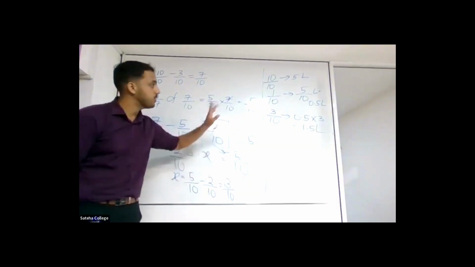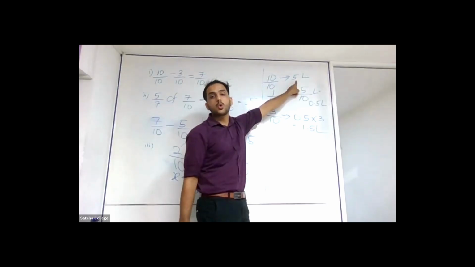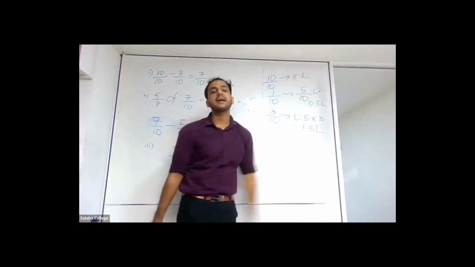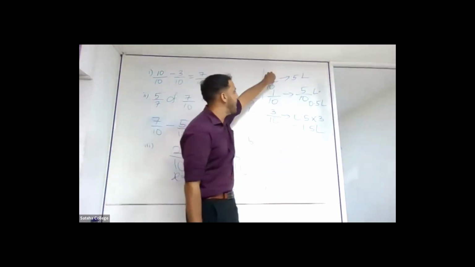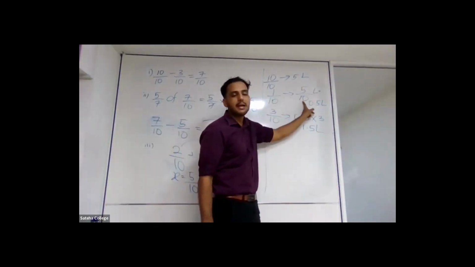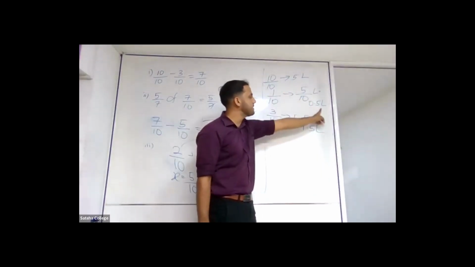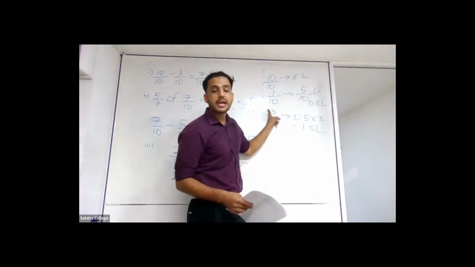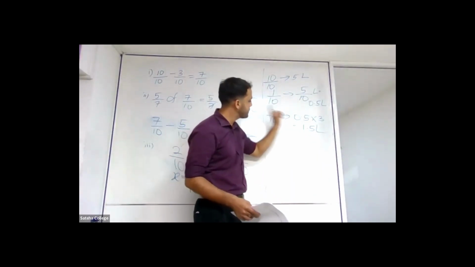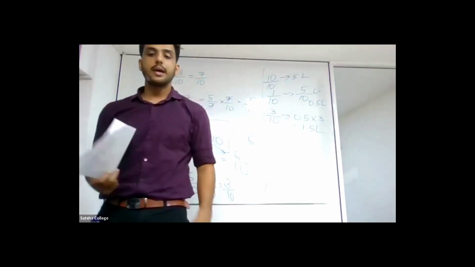Okay, so then they told you what? The total capacity of the tank is 5 liters. So 10 parts is 5 liters. 1 part is 5 divided by 10. That is 0.5 liters. So if 1 part is 0.5 liters, how much have you added into the container? 3 parts. So then 0.5 into 3, 1.5. Okay,